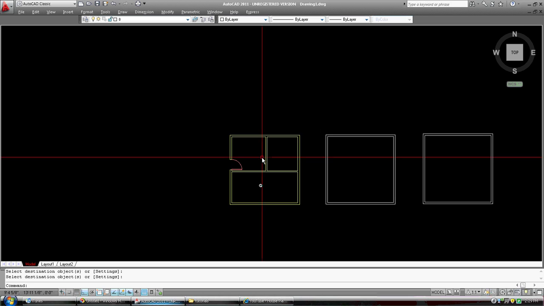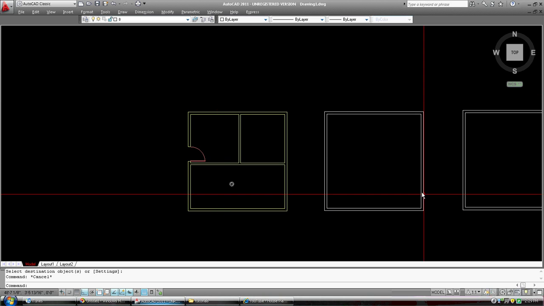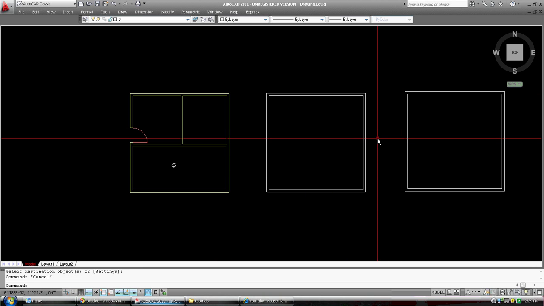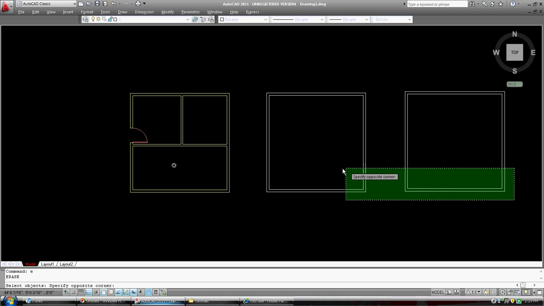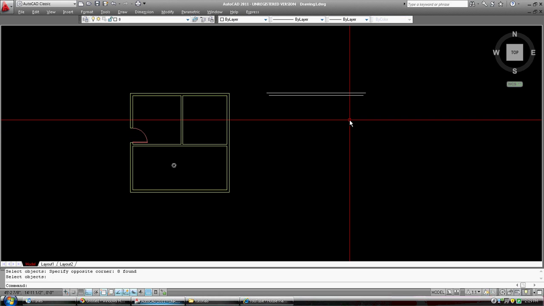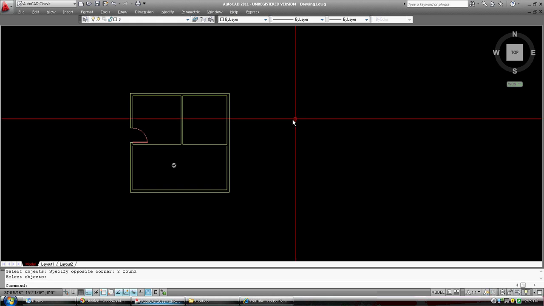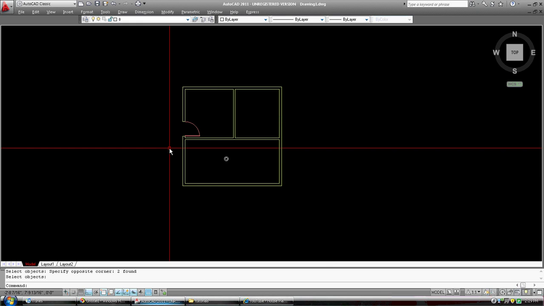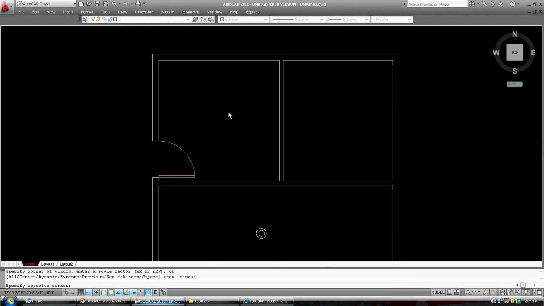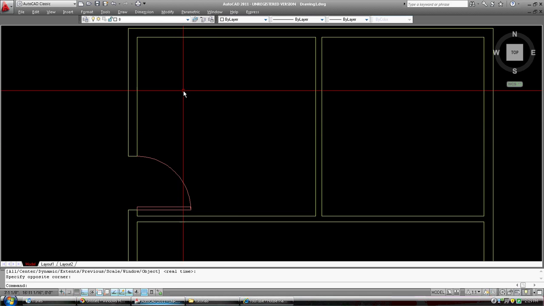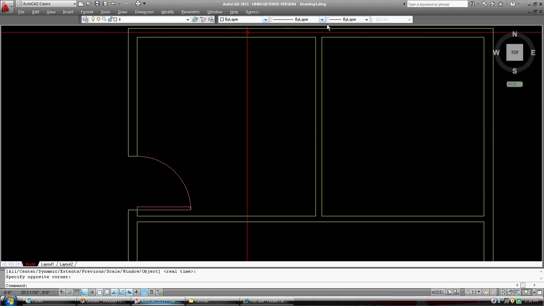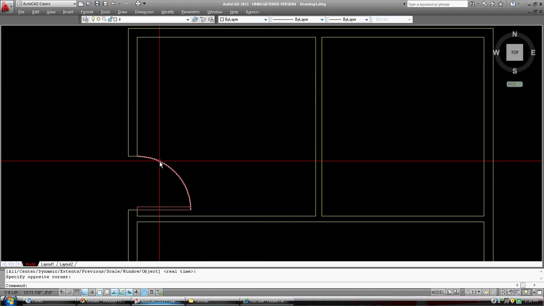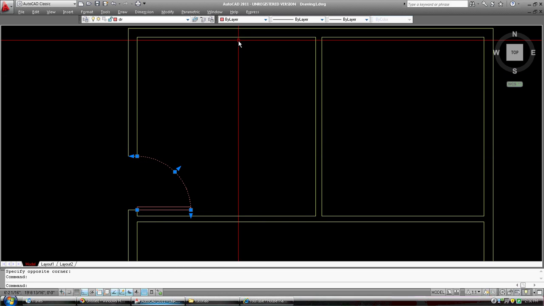Like I said, you can set AutoCAD up to draw like you do. I'm just going to erase these other rectangles. Okay, erase the rest of these lines. So we've talked about layers. We've put some things on a different layer. There's a couple of things we can do here in the properties. If we click on this line, the properties is telling us that the color is by layer, that the line type is by layer,